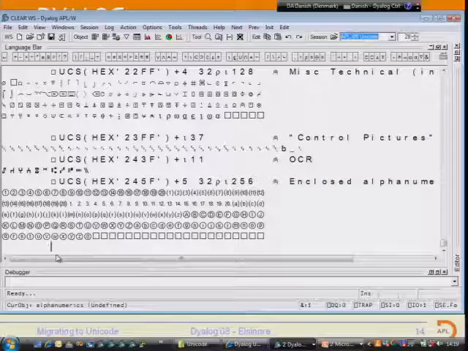Enclosed alphanumerics. We haven't got underscores, but for some reason the Unicode consortium decided on the numbers from 1 to 20 with circles around them, except 0, and the numbers in parentheses and with a full stop following them. I suppose because so many academic papers use these, they decided it would be good. Oh no, hang on, here's 0 with a circle.